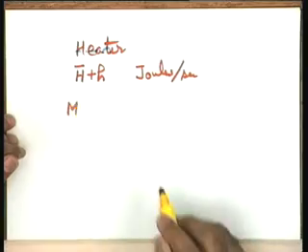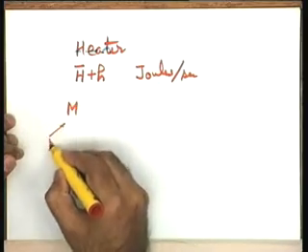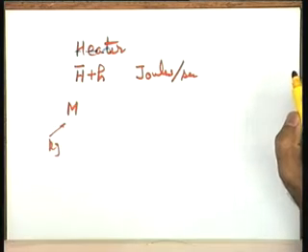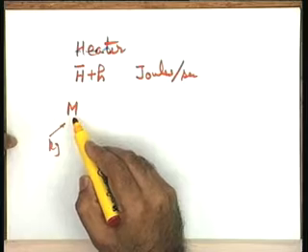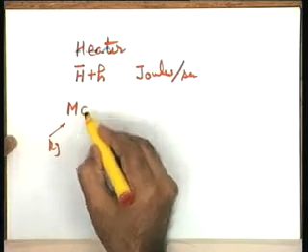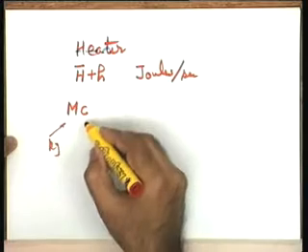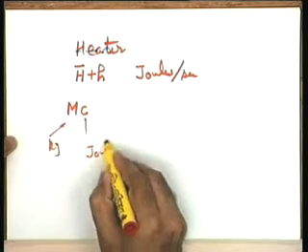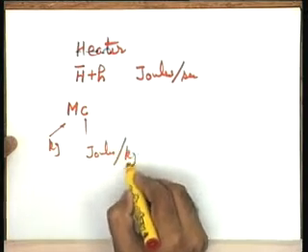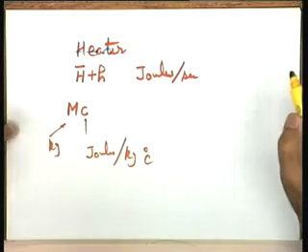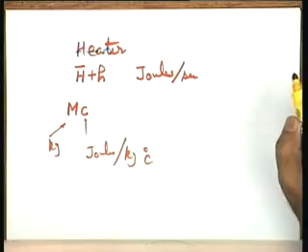The part of it which is stored in the heater is given by, let us say, m is the mass of the heater, and let me take it the units as kilogram. Here it is a more or less revision of the basic laws also through this example. M is the mass of the heater and C I take as the specific heat of the heater substance. Let me take the units of C as joules per kilogram degree centigrade.